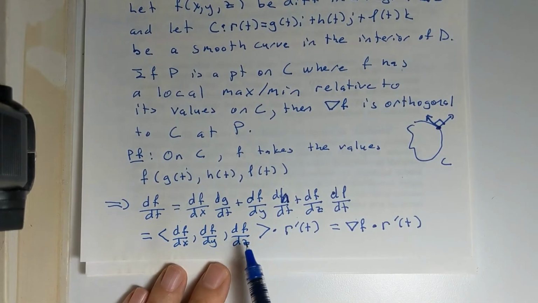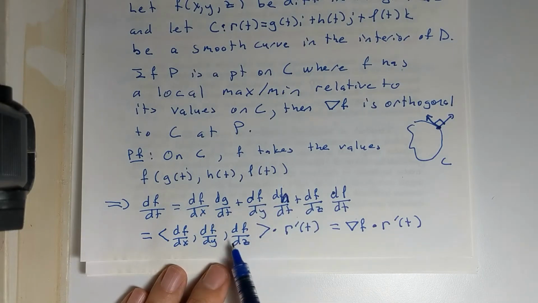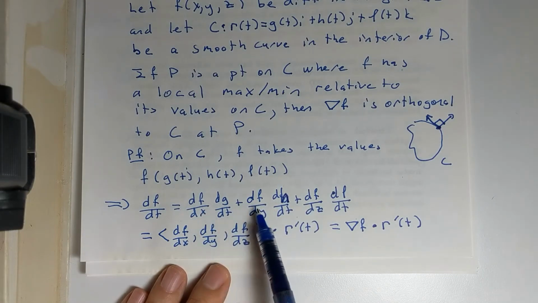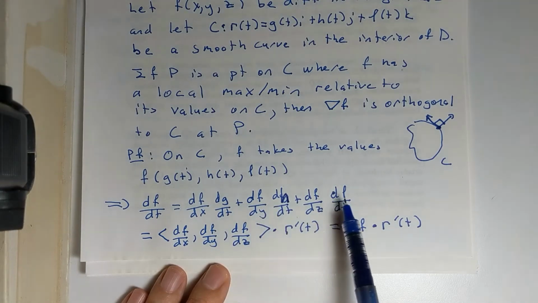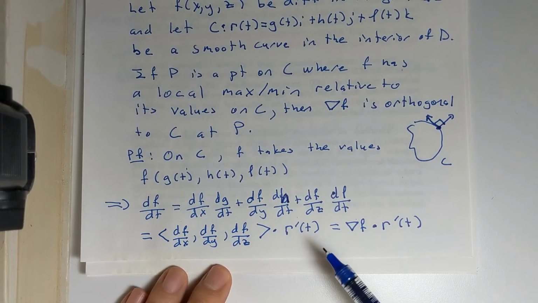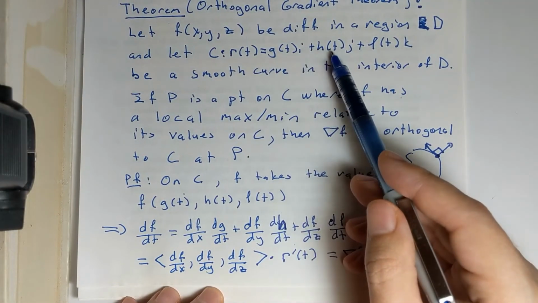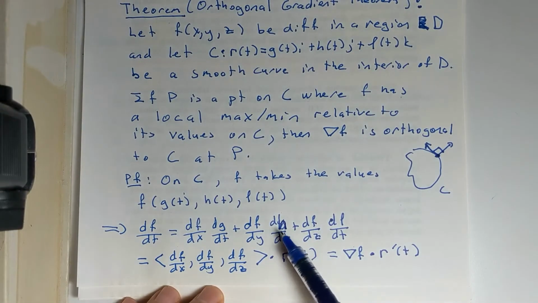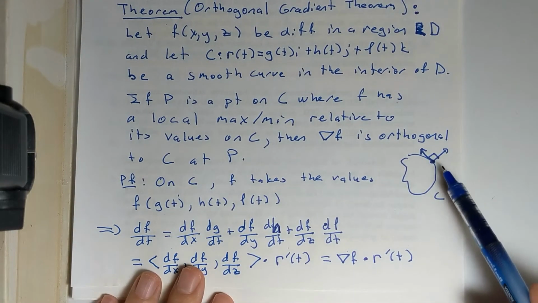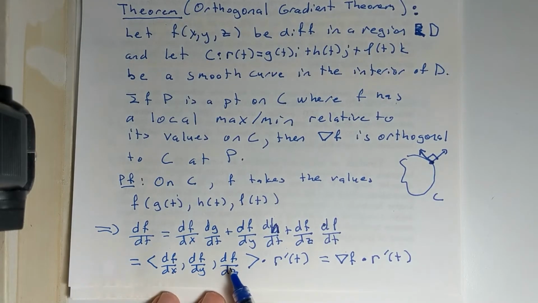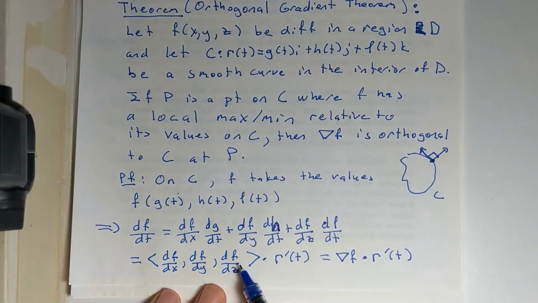Now I can write this as a dot product of two vectors. Pull df/dx, df/dy, df/dz out, and you're left with dg/dt, dh/dt, dl/dt on the side. That's just the derivative of r. r was g, h, l, so this is g prime, h prime, l prime. That's just going to be r prime, in other words, the tangent vector. Remember, this was just the definition of the gradient of f dotted with r prime of t, the tangent vector to the curve,